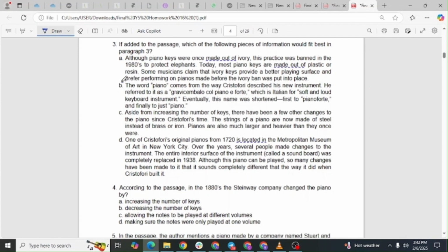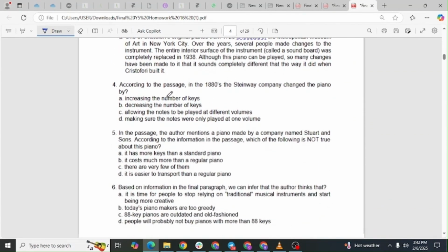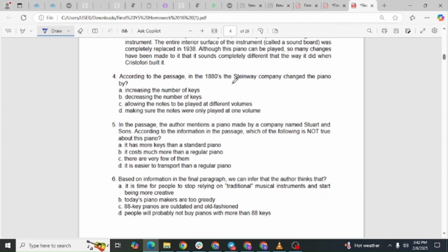Paragraph 3 talks about the difference in volume between harpsichords and pianos. Since the name piano comes from its ability to play both soft and loud sounds, this information fits perfectly in that section. Question 4. According to the passage, in the 1880s, the Steinway Company changed the piano by